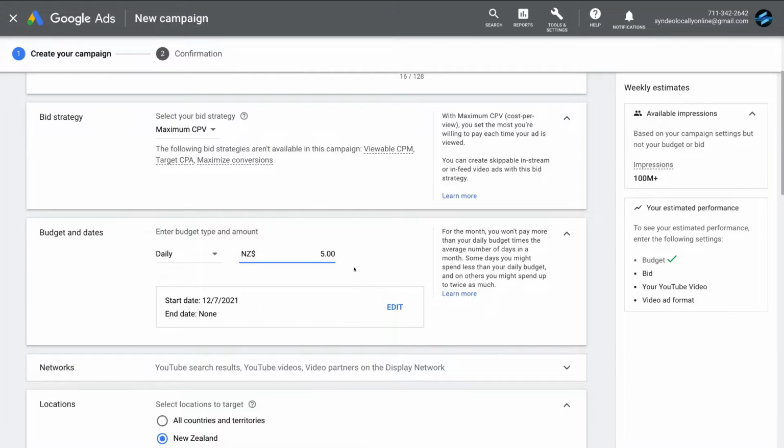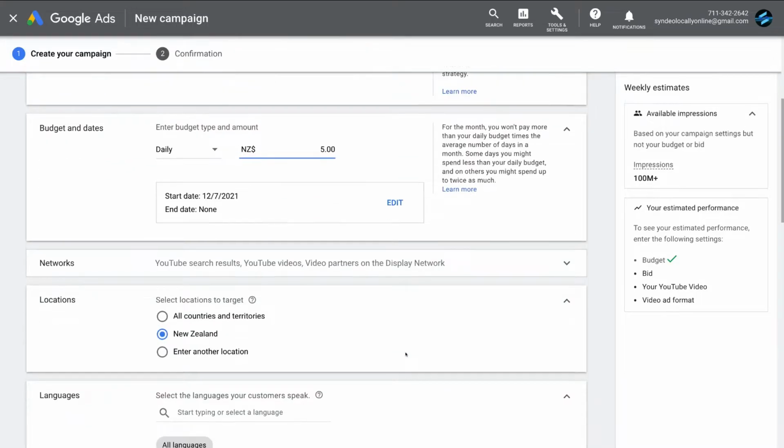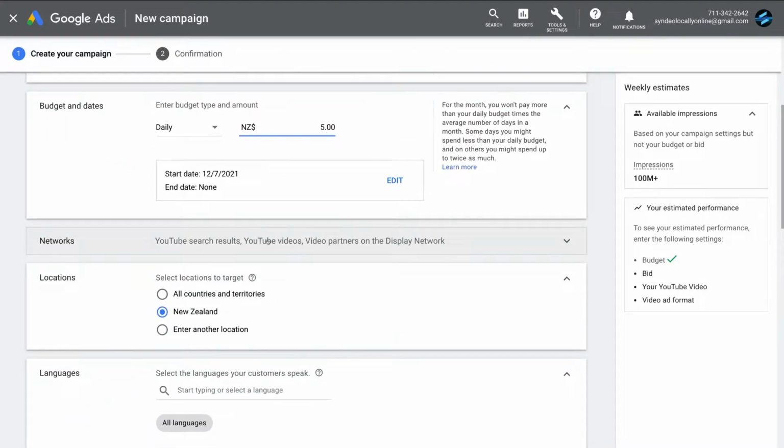So again, we recommend starting your daily ad spend with $5 or $10. And again, you can change this at any point, and we're going to show you how to do this later on. Okay, so once you've set your budget and dates, what we want to do is scroll down and select